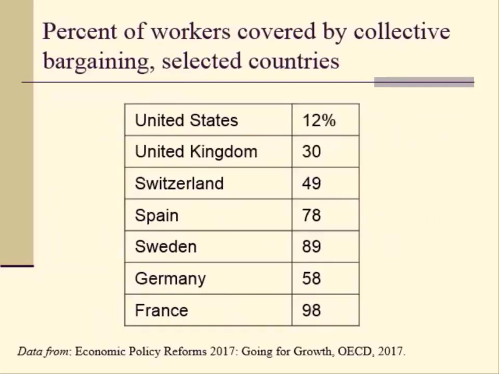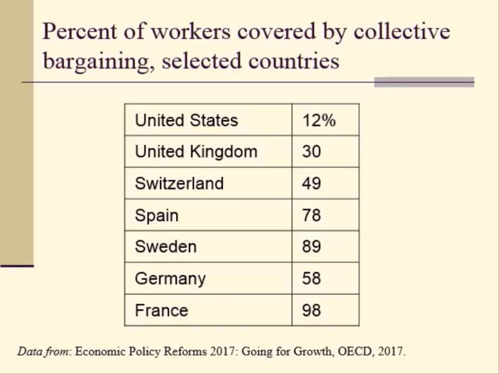As you see in this table, the United States has very low unionization. That is, the percent of workers covered by collective bargaining in the US is only 12% in 2017. On the other hand, the major European nations had a much higher percent of workers covered by collective bargaining or unions. For instance, the United Kingdom has 30% of workers covered by collective bargaining, Spain 78%, Germany 58%, France 98%, and